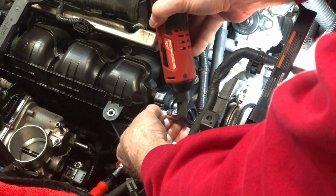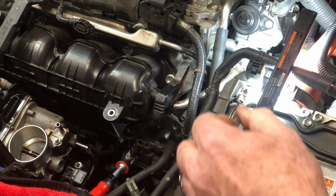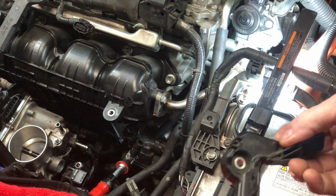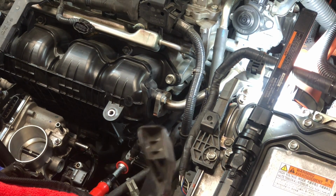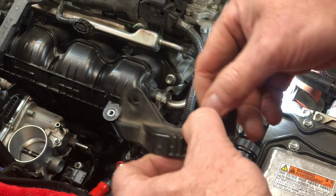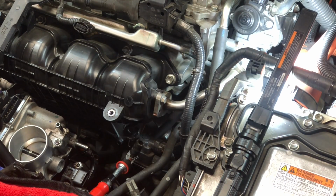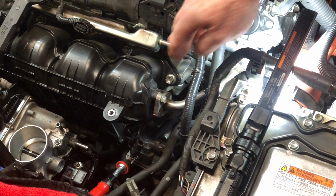And the key is never to drop the screw. Okay, so there's this piece. I'm just going to stick that screw right back into it there. And that's just a cover that is used for attaching the wire harness to in 2 different spots. So what that does now is that frees up, and you can see the tube right here